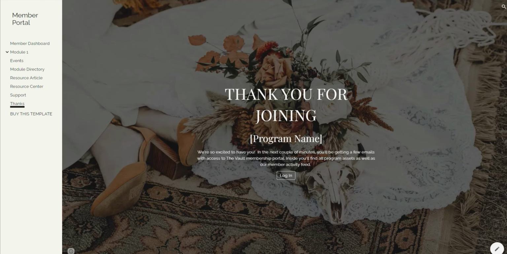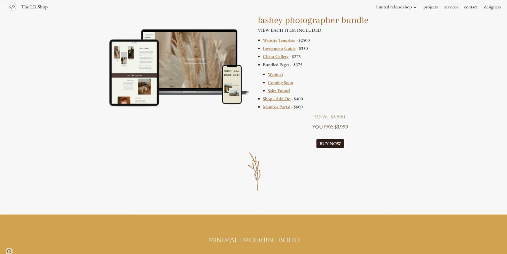All right, so I think that was the last thing I have in this shop. Let me double check. All right, so yeah, that was definitely the last thing I had in this bundle. There's a lot that goes into creating a bundle like this. It took me entirely too long, if I'm honest, but it has everything that a photographer would need,